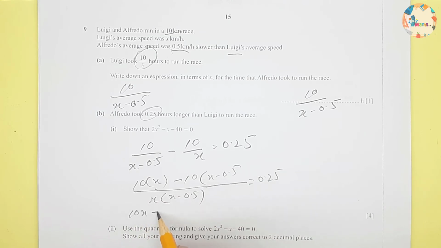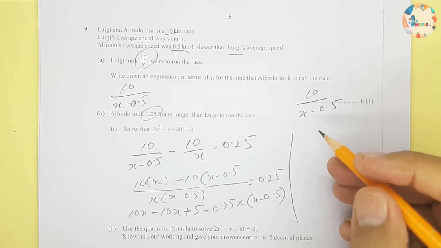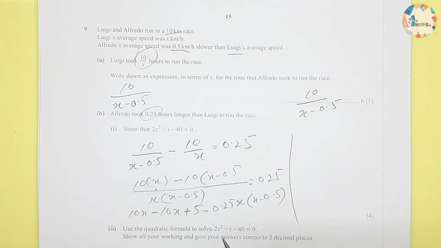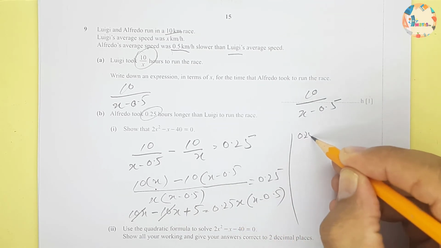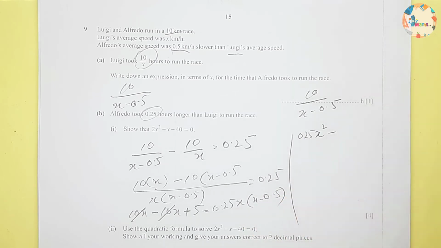This will be 10x minus 10x, and minus minus plus, this will be 5, and we can shift this to this side, so 0.25 into x minus 0.5. And now we'll have to just equalize this one. Basically we'll have to add the like terms, so 10x minus 10x will be cancelled, and we can multiply this, so 0.25x into x squared, this into this, minus